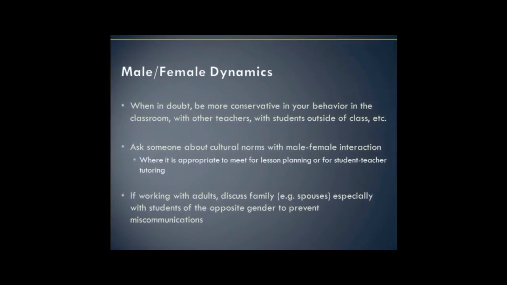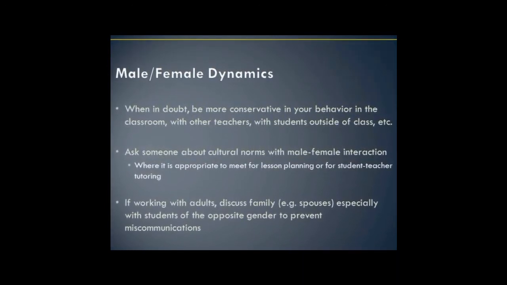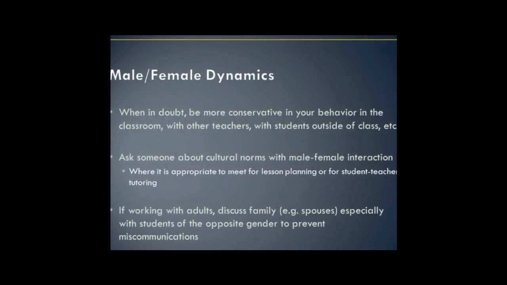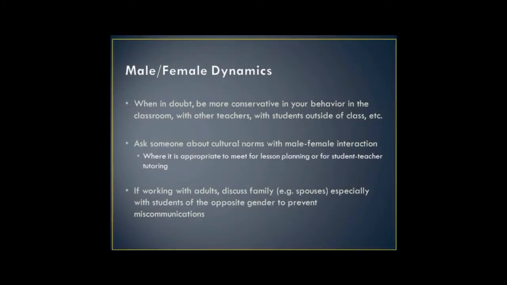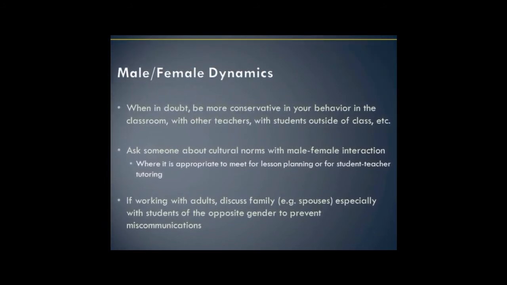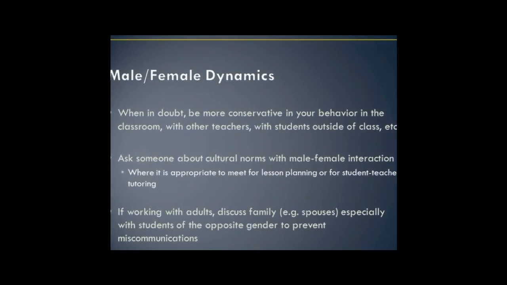Ideas regarding male and female interactions vary from culture to culture. If possible, find out in advance what the cultural norms are in this area for the culture you will be teaching in. Some things to consider are professional context for male and female interactions, social interactions, and differences for single or married individuals. You can discuss these topics to some extent with your adult students. This can help students to realize that you respect their culture and encourage them to respect you. Finally, if you are in doubt about what is considered acceptable for male and female interactions, be conservative.